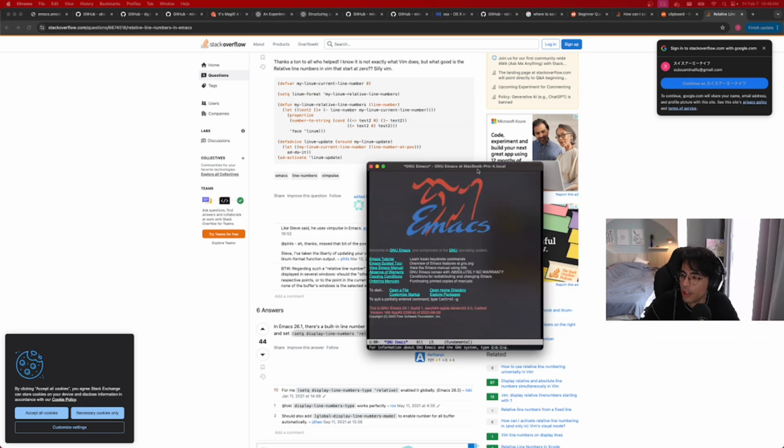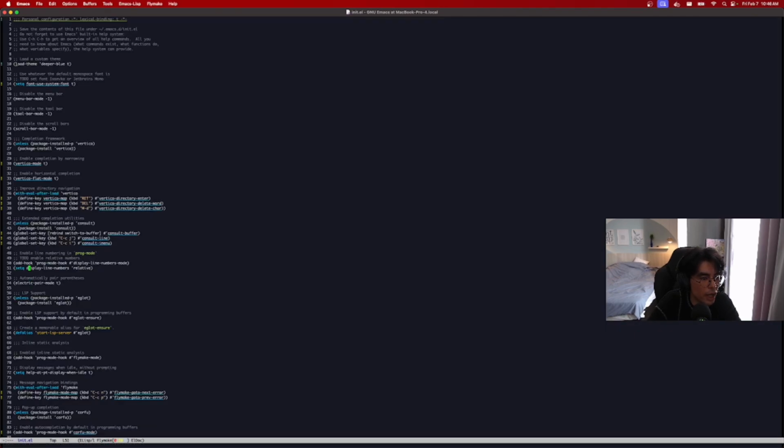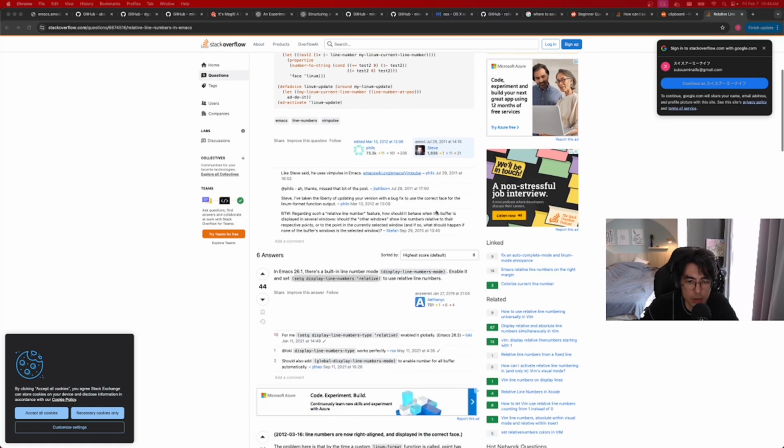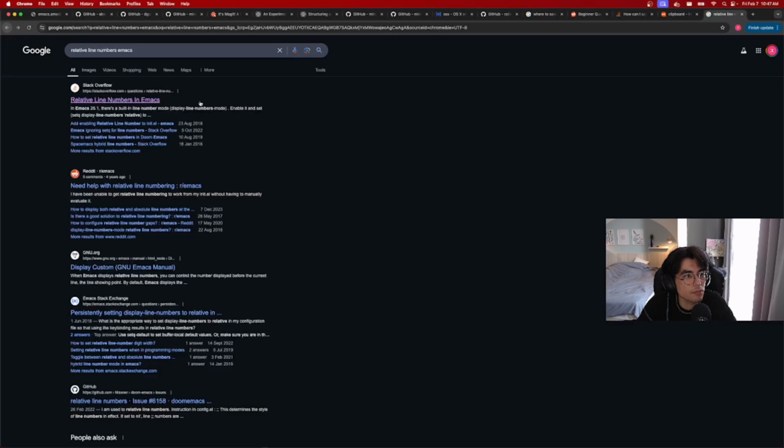Why does it open on my external monitor, I don't understand. So Control X, Control F to find file, Emacs init. Do I have relative line numbers? Oof, it didn't work. Huh, why? Display line numbers. Relative. Yeah, I guess this did work. Yep, that's normal. So we just need to find